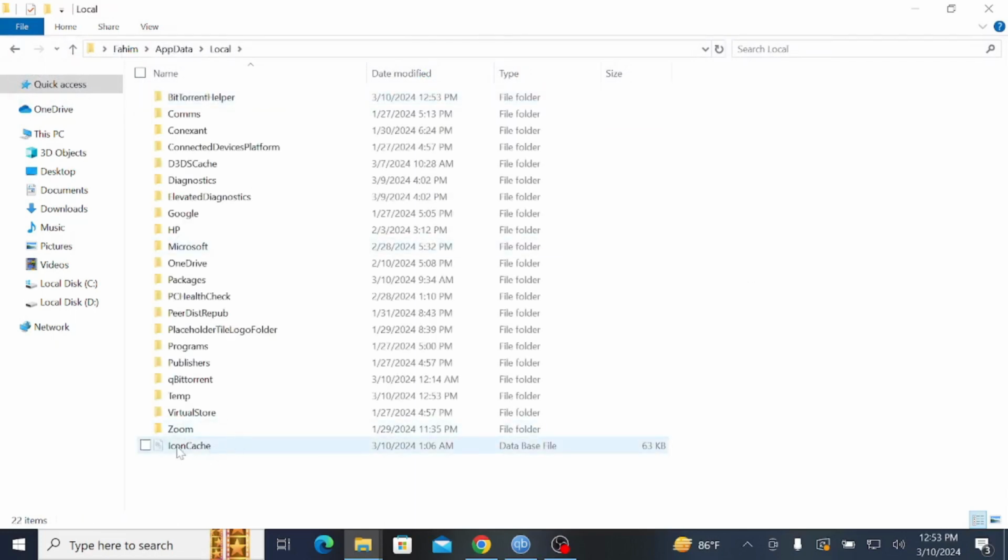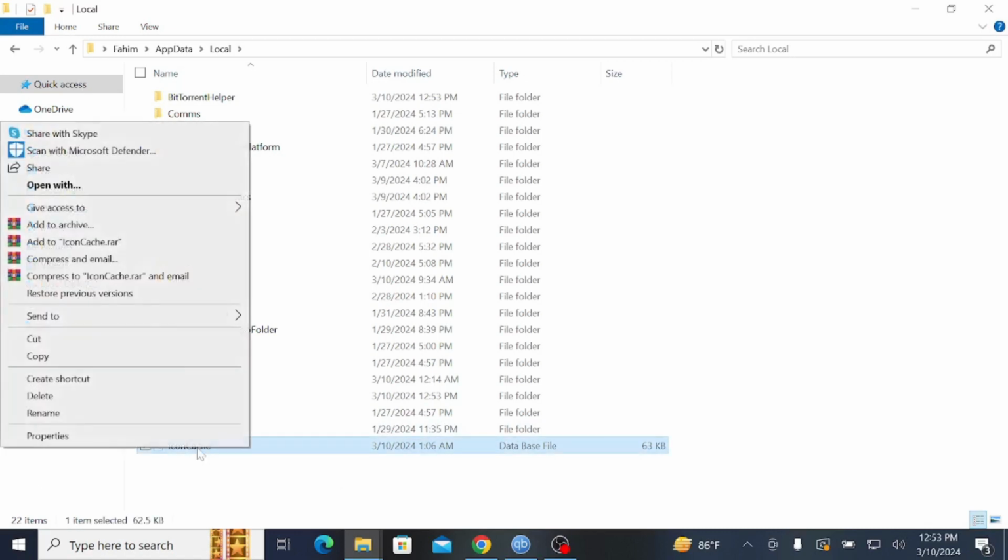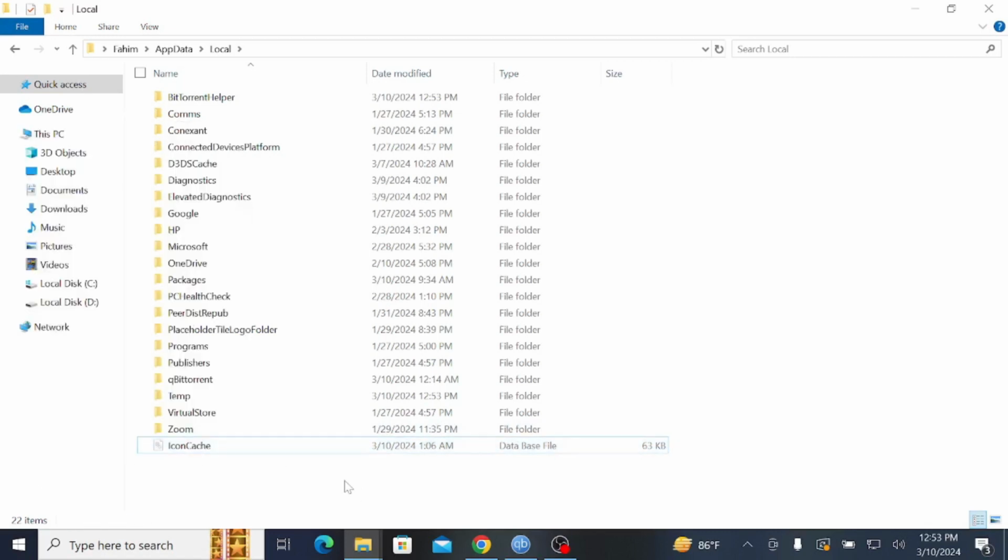Scroll down here, you can see icon cache. Just right click it here and select delete. And after doing so,